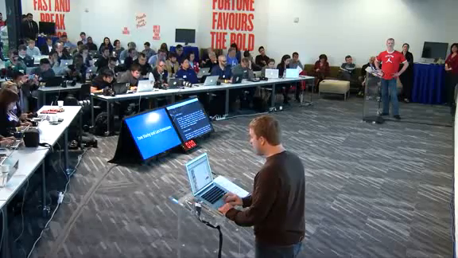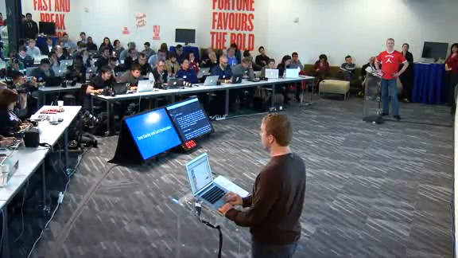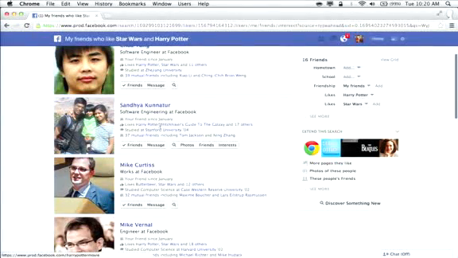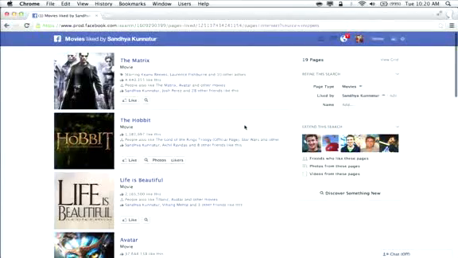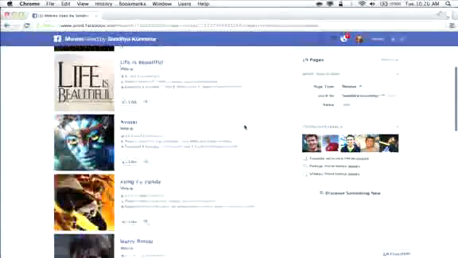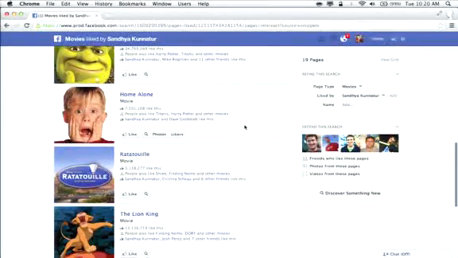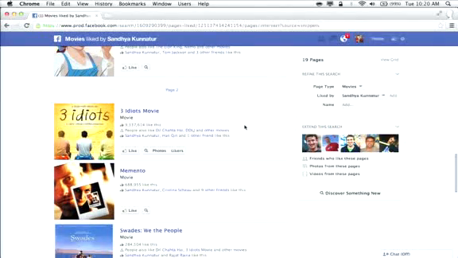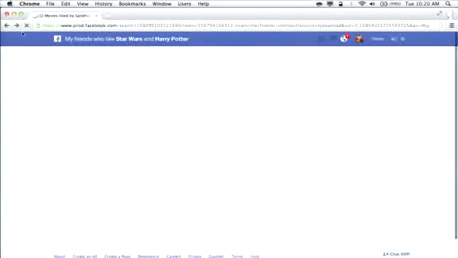The other thing to mention is that this isn't just about getting the set of people who like Star Wars and Harry Potter. I can actually learn a little bit more about the individuals here. So you can see that Umber likes Harry Potter and Star Wars and also Hitchhiker's Guide to the Galaxy. And Sanja also likes Harry Potter and Hitchhiker's Guide. And there's also 17 other movies. So if I click on this, this is the set of movies that Sanja likes. And I can just scroll through these and learn, okay, Home Alone's a little bit unexpected. But Three Idiots is awesome. I recommend that one. But let me go back.